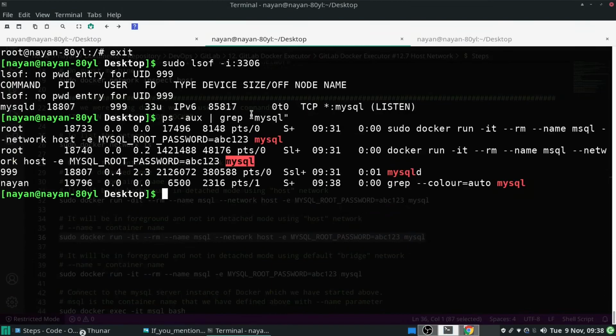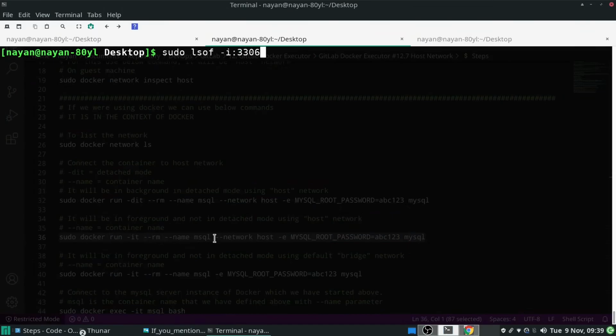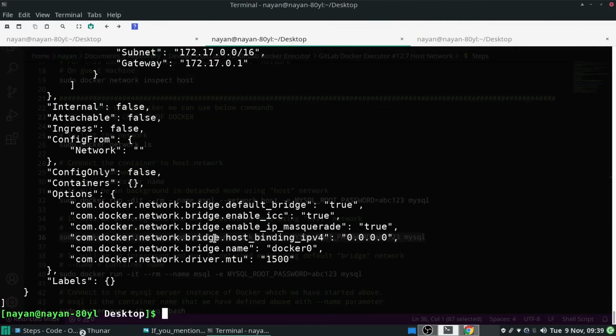It means that the MySQL database is available and we can access it through this port. The IP address in this case will be 127.0.1.1.